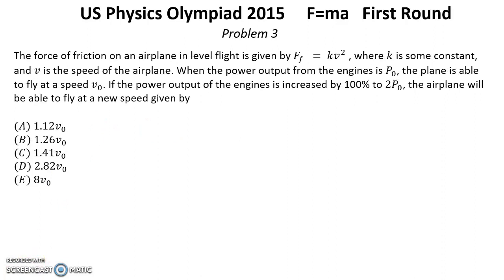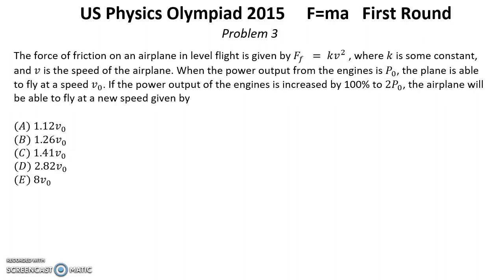Problem number 3. The force of friction on an airplane in level flight is given by F friction equal kV square, where k is some constant and V is the speed of the airplane. When the power output from the engine is P0, the plane is able to fly at the speed V0. If the power output of the engines is increased by 100% to 2P0, the airplane will be able to fly at a new speed given by